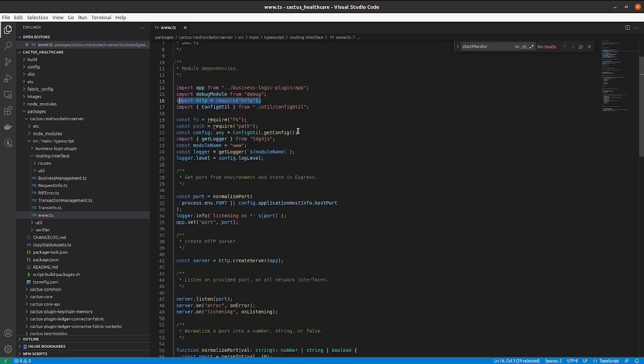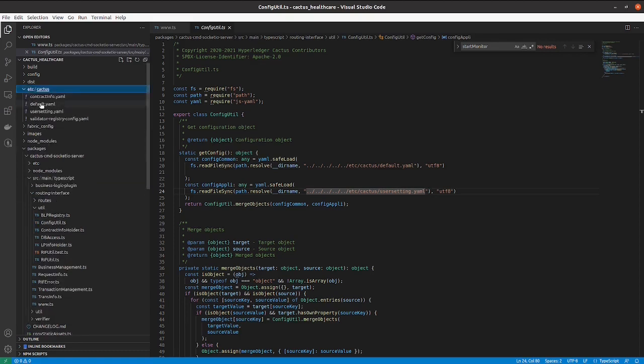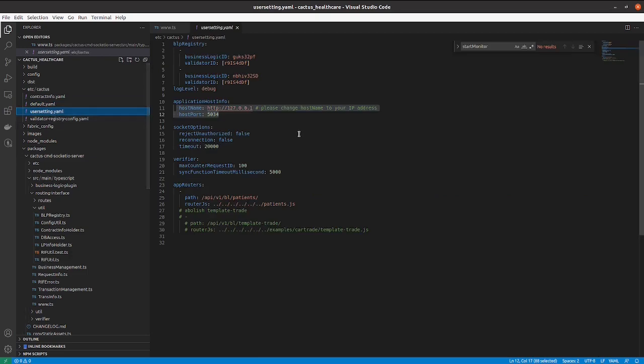Here, the config util getConfig file, we are reading configuration values from the default and user settings files. So here the application host info, host name and port 5034, this information we are reading from this configuration file.